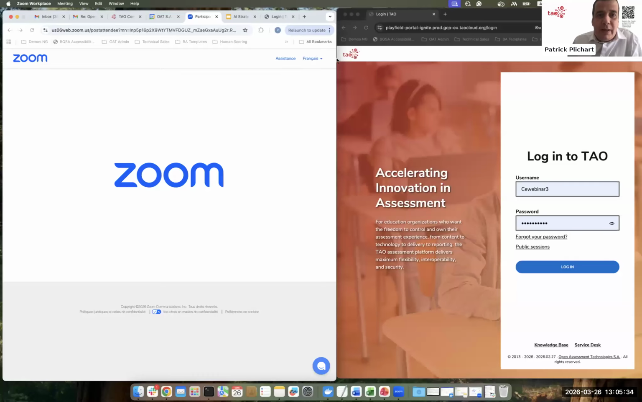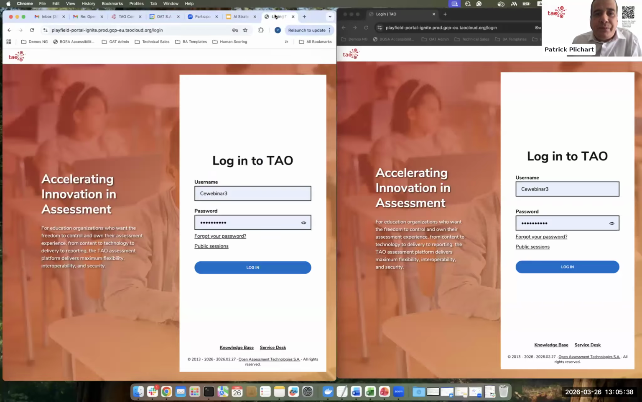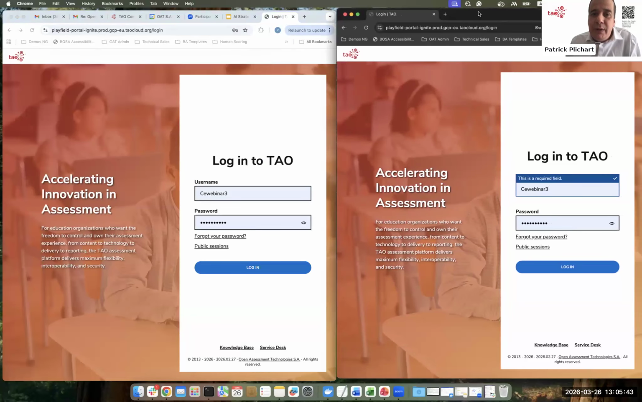So now I'm going to share my screen, hopefully, and I would like to show you the proctoring capability. For this functionality, it's always a bit challenging to demonstrate this capability, because it's a kind of role play. So